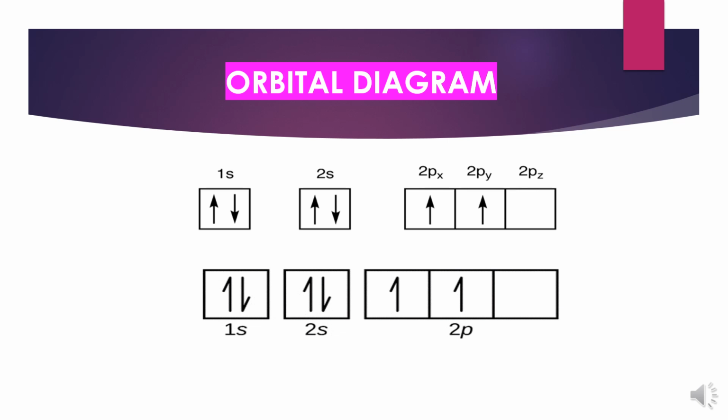So you need to put arrows, one upward and one downward. Both of the ways you can use, either a complete arrow or half-headed arrows, as shown in the second example. Both ways are correct, and it is also compulsory to mention the names of these orbitals in case a subshell contains more than one orbital. For example, 2px, 2py and 2pz.